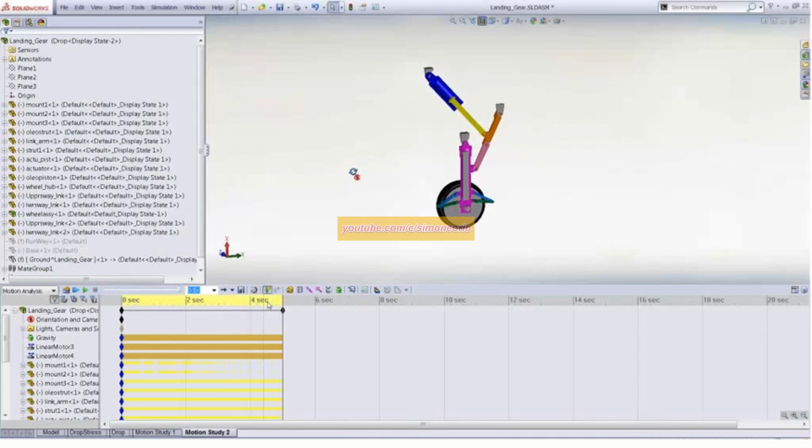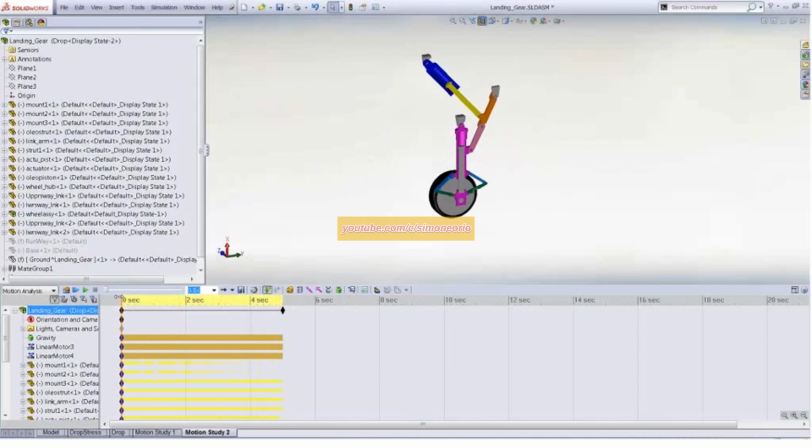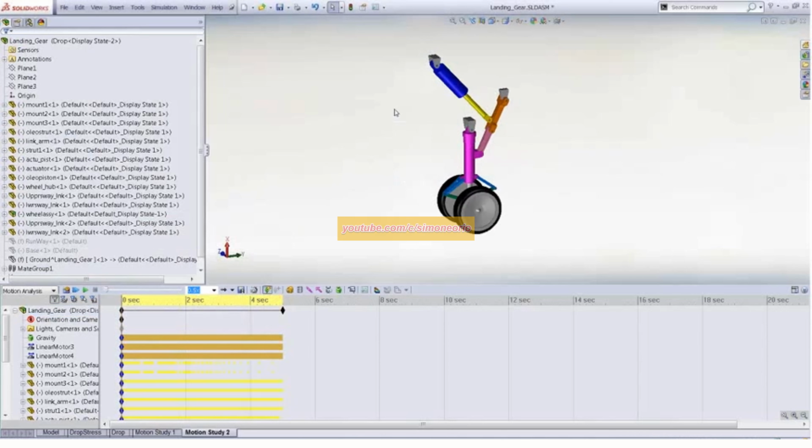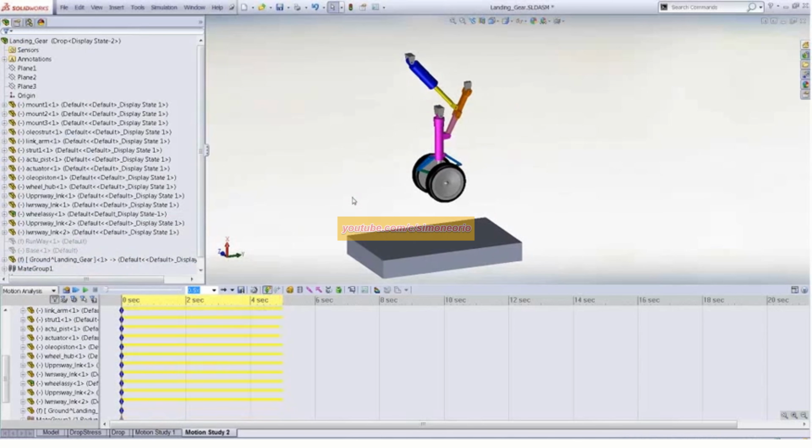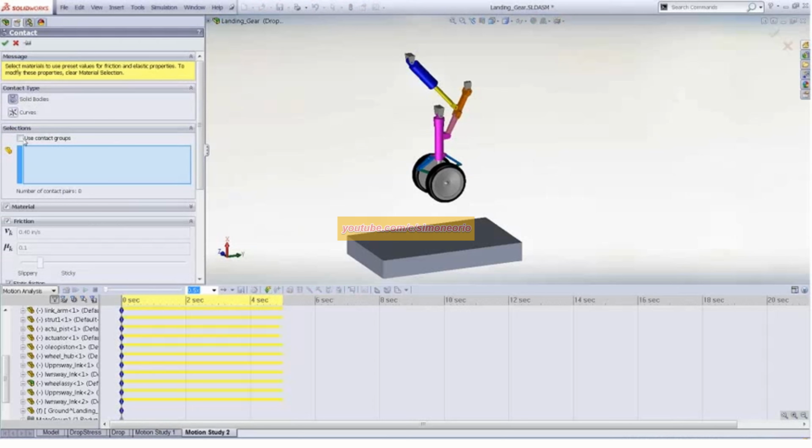The next phase is we might want to define some contact relationships between our tires and our landing pad or our tarmac. So I have a body down here, and if we scroll along our palette for the force elements, we'll see that there's contact. So what this is, it's rigid body contact, and we define a stiffness between our bodies, and we can pick groups or between all bodies in the select field.